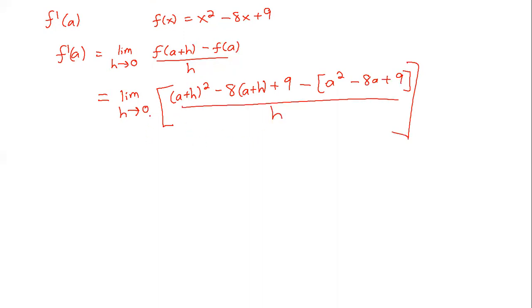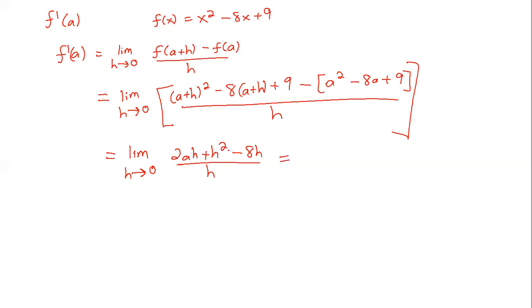And then if you keep reducing it, so you multiply out the squares and you cancel lots of terms, eventually you'll get that this is the limit as h goes to 0 of 2ah plus h squared minus 8h over h. And then remember that when we're taking limits, we don't actually care about what happens at the point we're taking a limit of. So if we cancel out the values of h, since we're looking when h goes to 0, and we don't care about the point where h is really 0,